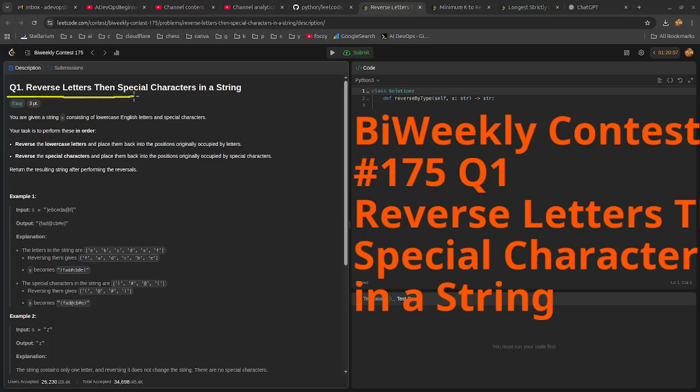LeetCode Biweekly Contest 175, question number 1: Reverse letters, then special characters in a string. This is an easy problem, and we want to reverse the order of two types of characters, English letters and